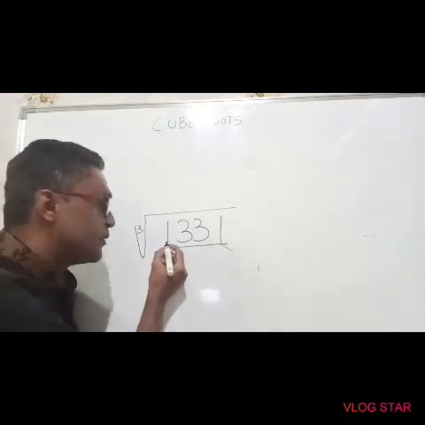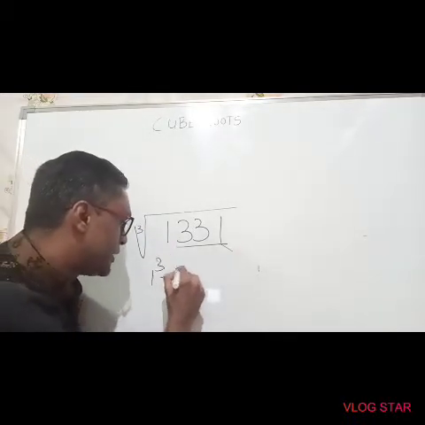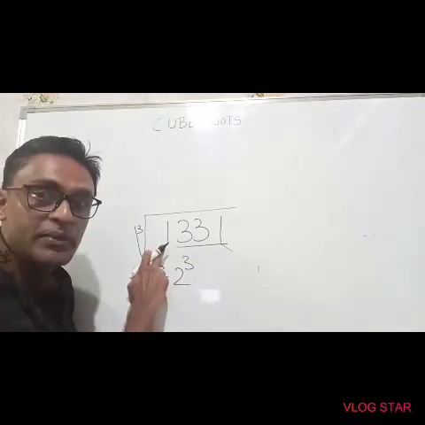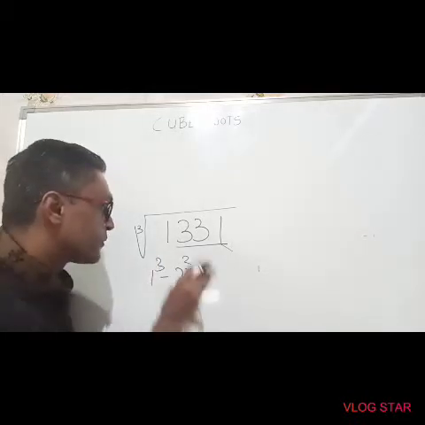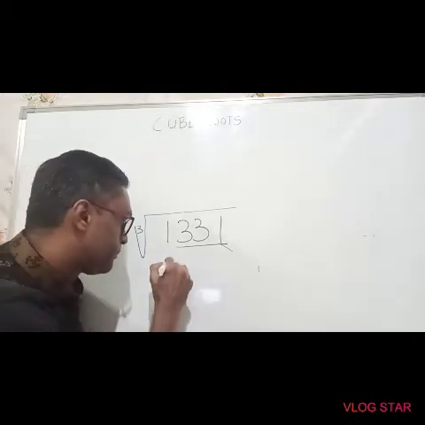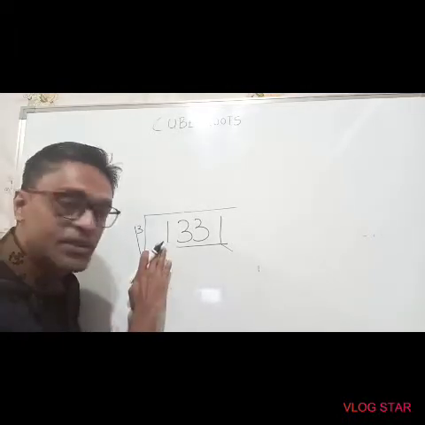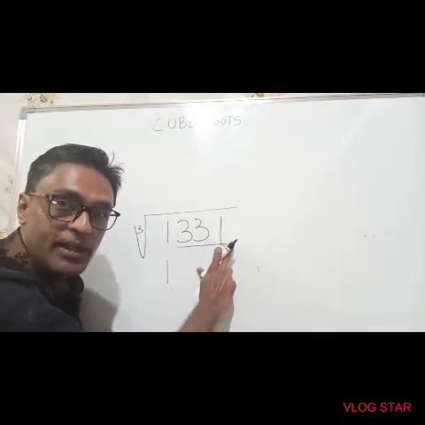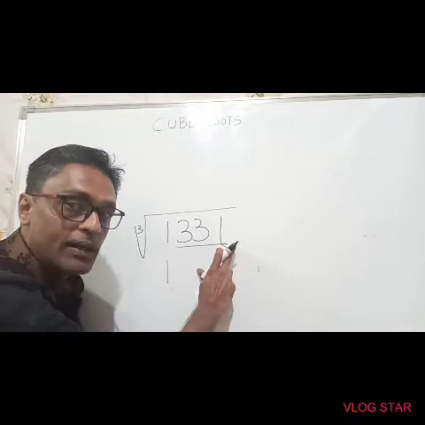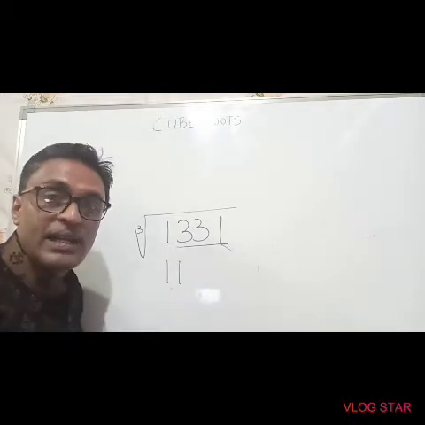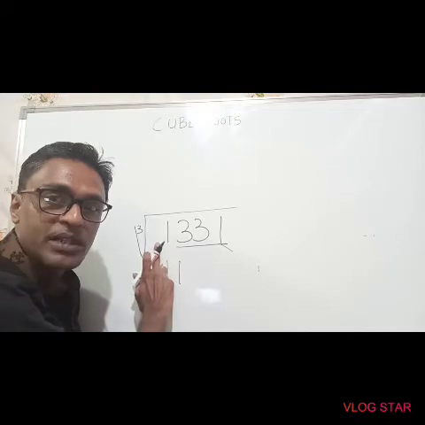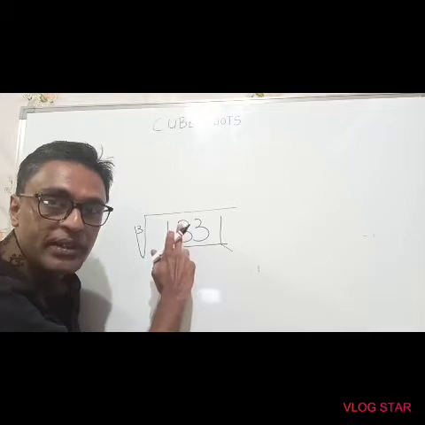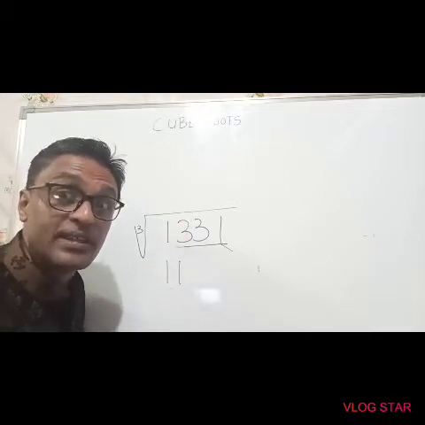So let us take here. 1 comes between 1 cube and 2 cube. The range. So 1 cube is 1, 2 cube is 8. 1 comes between 1 cube and 2 cube, so the answer starts with 1. Fine? So let's forget this group. We'll come back to the second group, 331. Find the cube of the last number. The last number is 1 here. 1 cube is 1 and it ends with 1. Put that 1 here. So the answer is 11. The cube root of 1331 is 11. So 11 into 11 into 11 will fetch you 1331. The opposite is cube root. I'll give you another example.